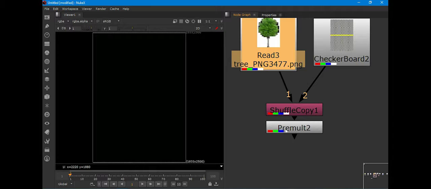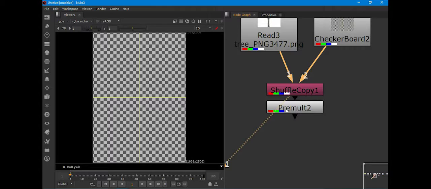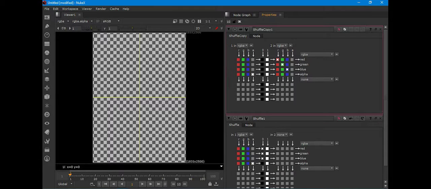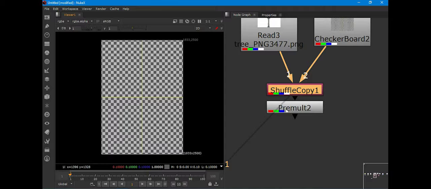Say for example, I need alpha only from pipe number 1. It takes alpha only from pipe number 1, and it needs the rest of RGB, because when I say output, I need RGBA. So what I'm having is, if I need RGBA from the checkerboard and only alpha from this, I'll just do the same. See, from 1 I've taken only alpha here, and RGB I've taken from the second pipe. When I do that, and when I add both the things, I can see